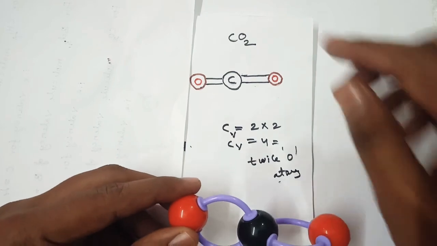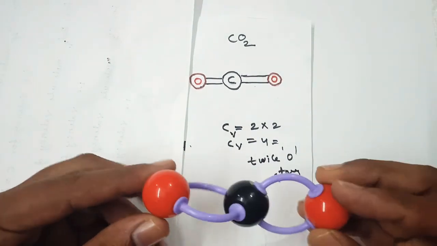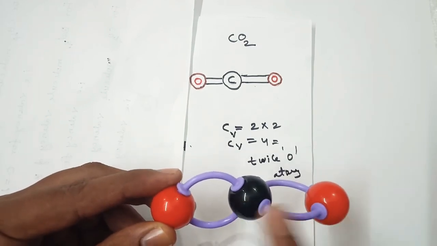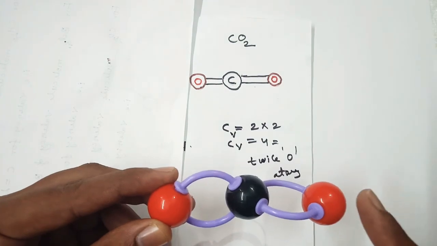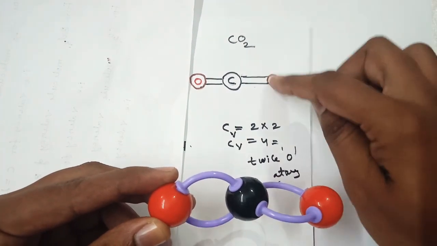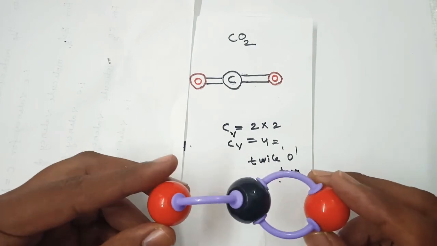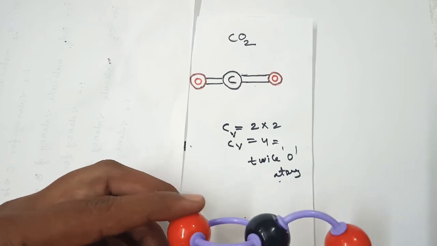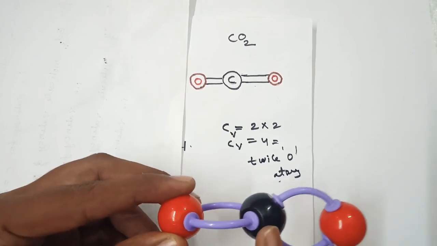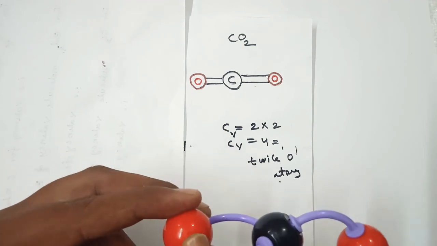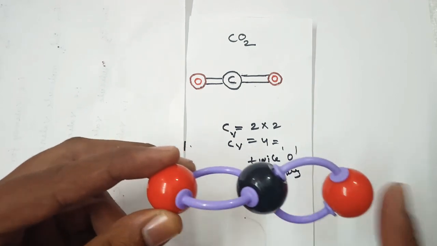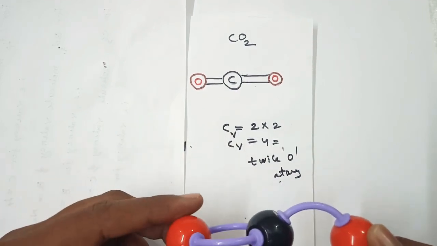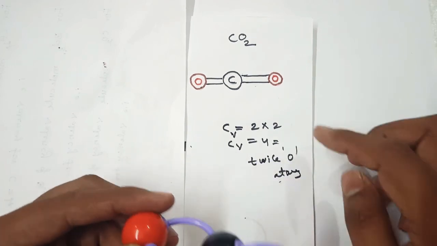Next, see the carbon dioxide molecule. I have taken this one. So in this 3D molecule, the black atom represents the carbon atom, and these red atoms represent oxygen atoms. Okay, so as I mentioned in the beginning, the definition of valency, so this carbon valency is twice the number of oxygen atoms. So here we have 2 oxygen atoms, so when you double it, it becomes 4. So the valency is 4 for the carbon atom. Okay, that you can see here.